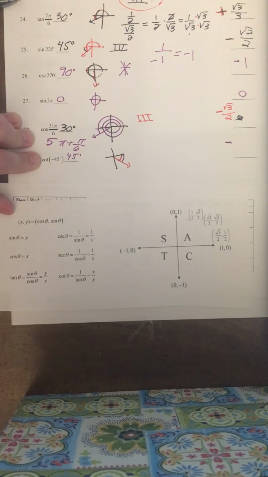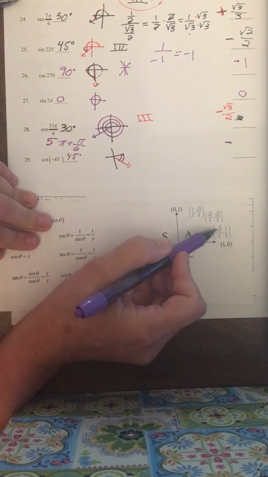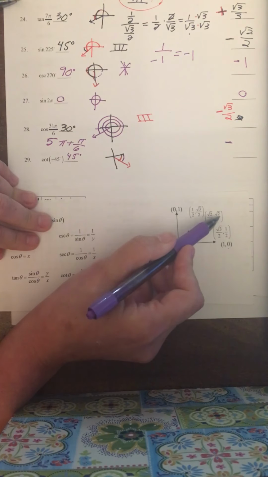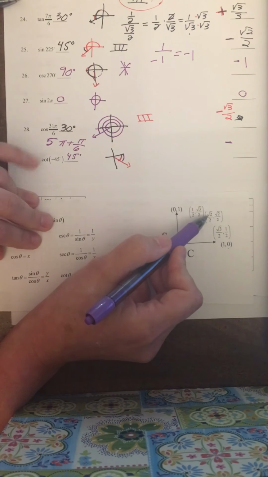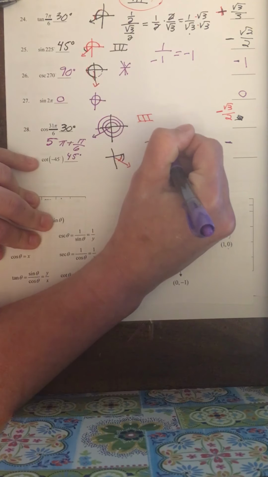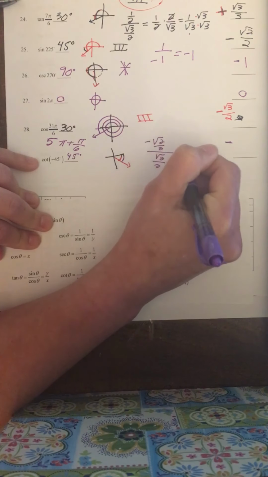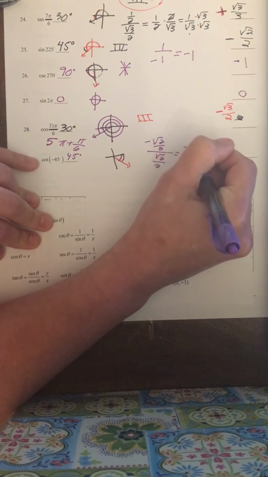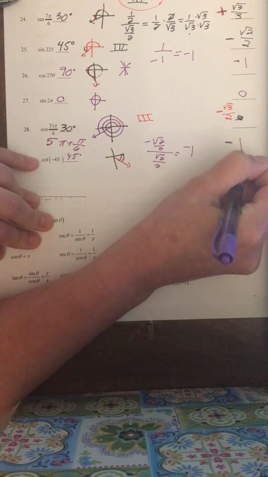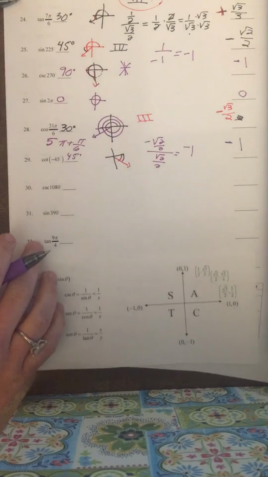Okay, and the tangent of -45 degrees, so we would go to 45 degrees. Tangent is sine over cosine, which is y over x. And the cotangent is the reciprocal of that, so the cotangent is x over y. So that's negative square root of 2 over 2 divided by the square root of 2 over 2. Anything divided by itself is 1, and since this is negative, it's -1. Okay, so let's look at the next one,